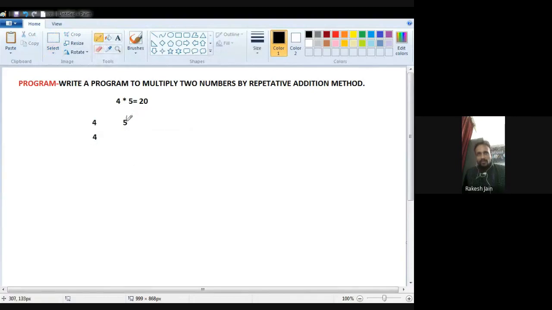One time we do the addition, so decrement the second number by 1. Then again add 4, and now the second number is 3. Again add 4, and decrement it to 2. Again add 4 and decrement it by 1. Remember, you should start with 0 the first time.